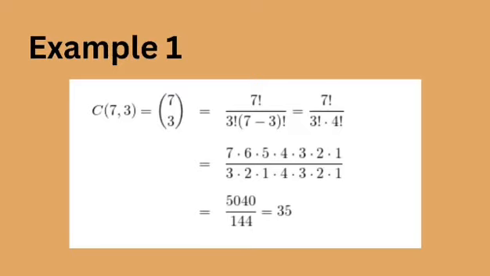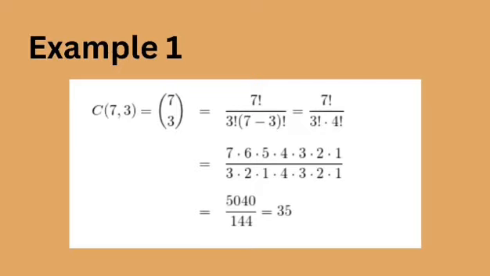So we have here an example 1. Compute 7 choose 3 using the two different ways. So we have n is equal to 7 and r is equal to 3, and we are computing 7 choose 3. Using factorials, we have